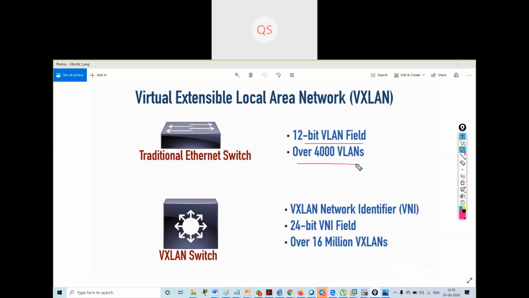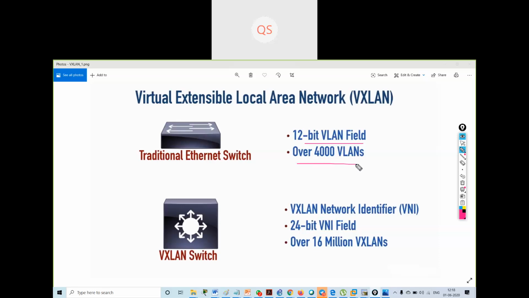But nowadays in today's network, we might have a data center with lots of virtualization and need to isolate server machines, you can say several virtual machines from other virtual machines.